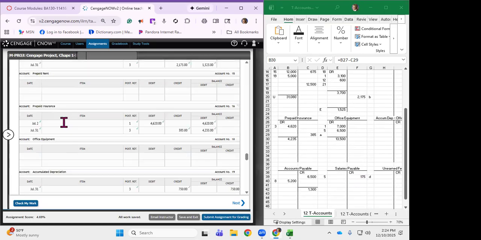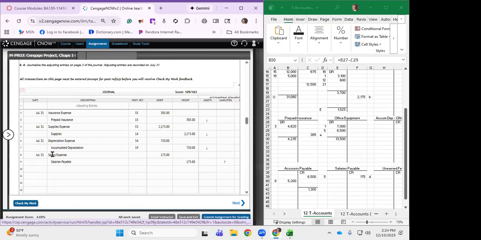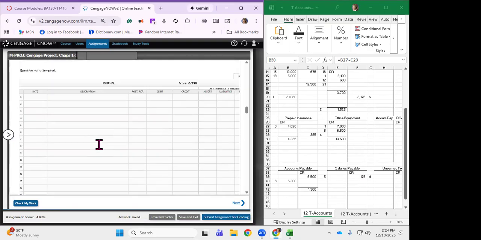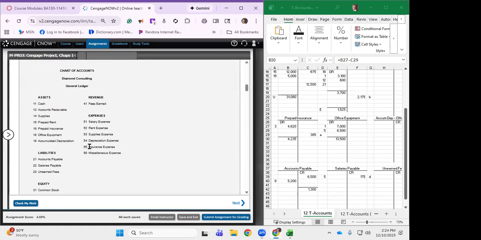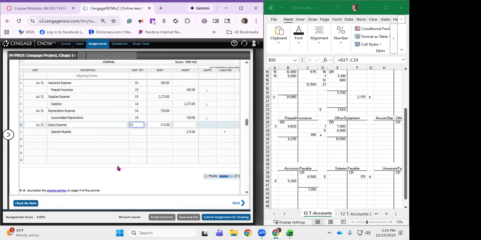Okay, now we're going to put in the account numbers. So salary expense and salary payable. Salary expense is 51, salaries payable is 22. So 51 and 22. Man, all right, let's keep going. So July 31st,